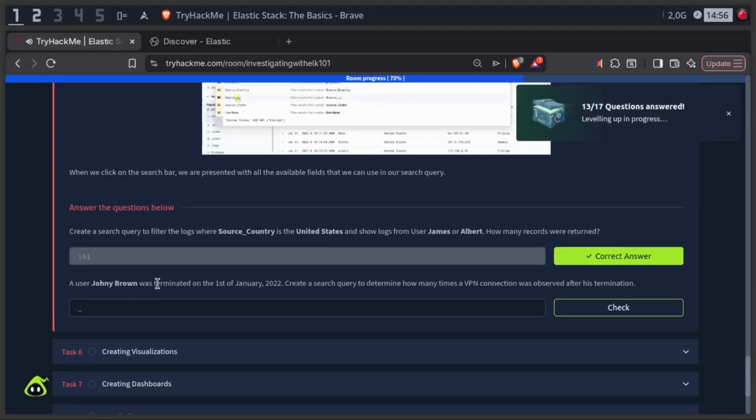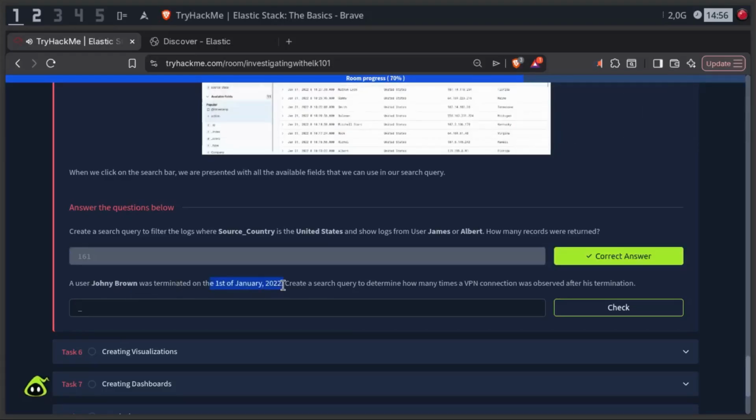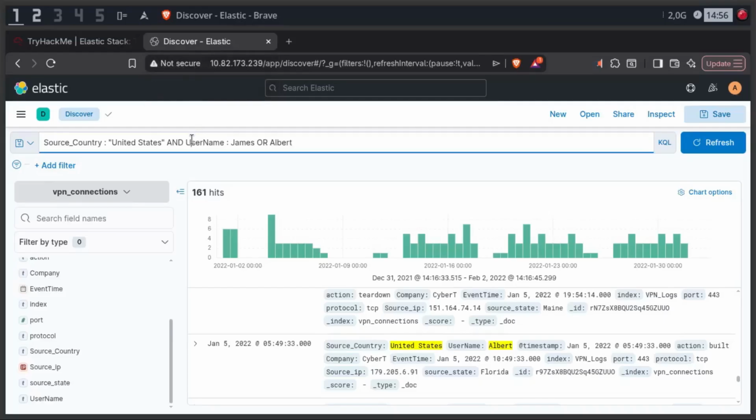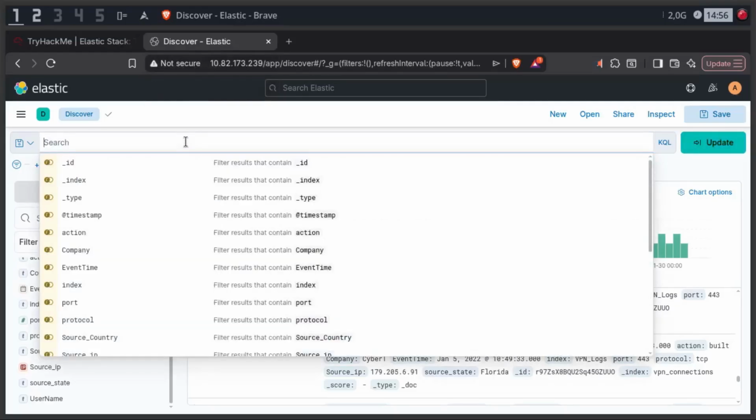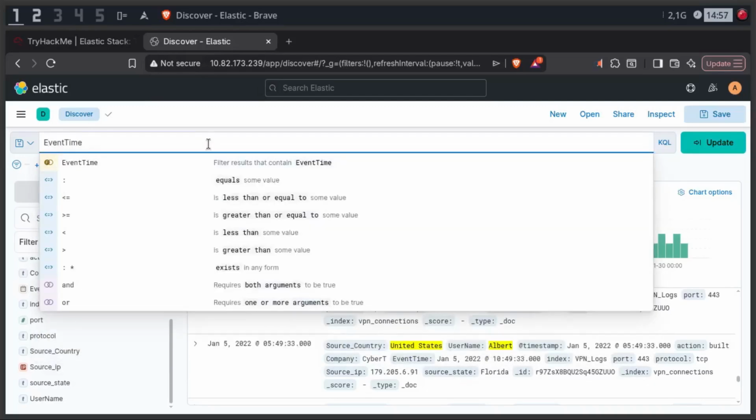A user Johnny Brown was terminated on the 1st of January 2022. Create a search query to determine how many times the VPN connection was observed after his termination. Interesting. Okay, I think I know how to do this one. So, might have to do date. So, date or event time is greater than, he was terminated on the 1st of